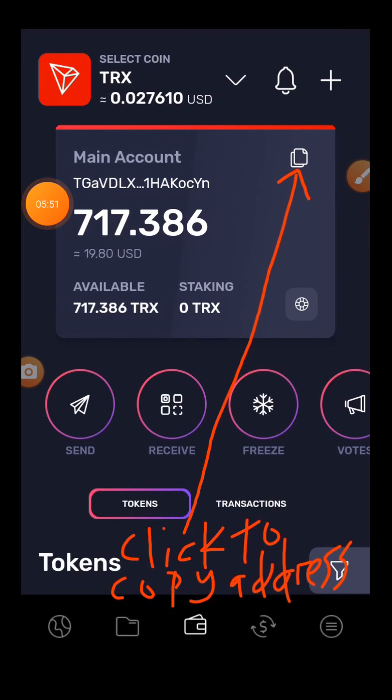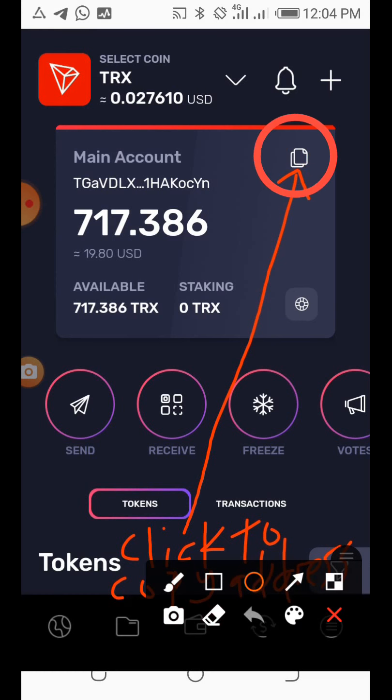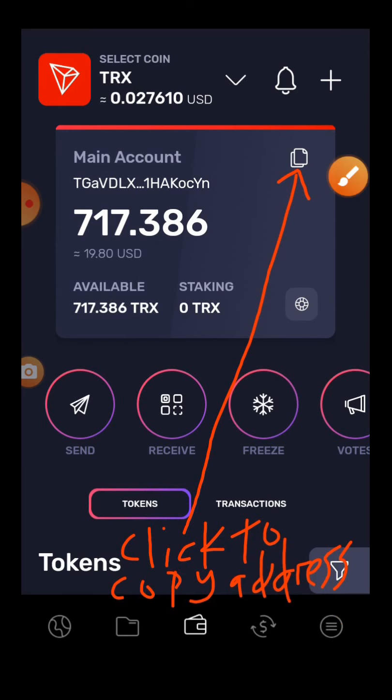Now that you are on your wallet dashboard, click on this to copy your wallet ID. Then we proceed.